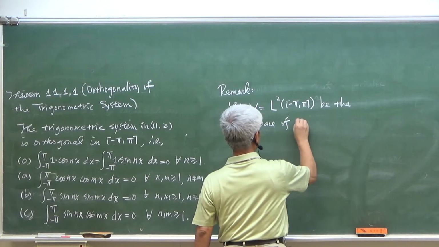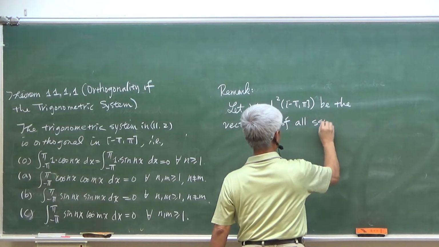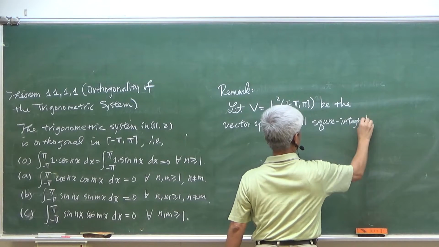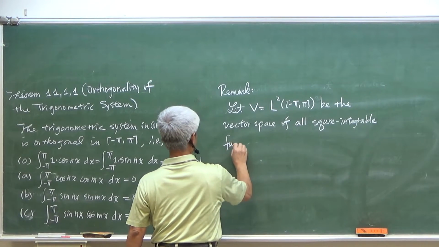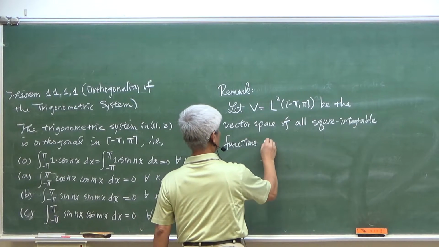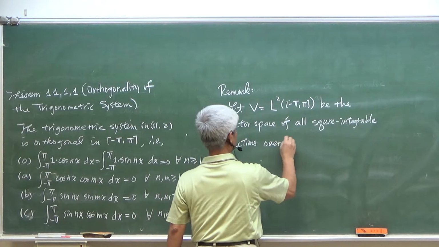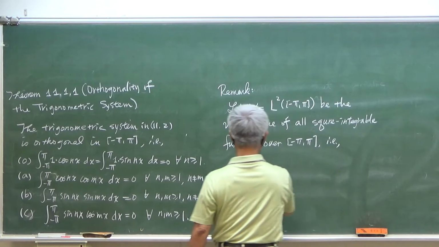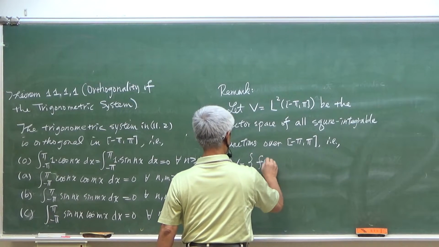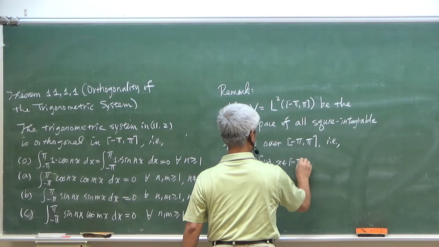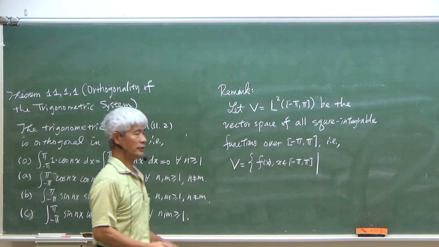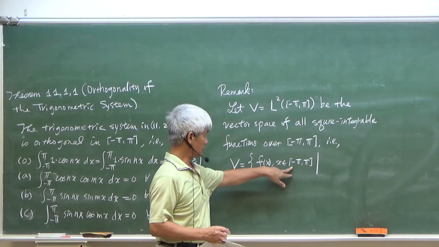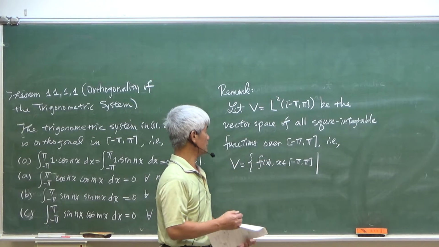of all square integrable functions over, and E3 is equal to... So V consists of all functions defined over an interval from minus pi to pi, such that